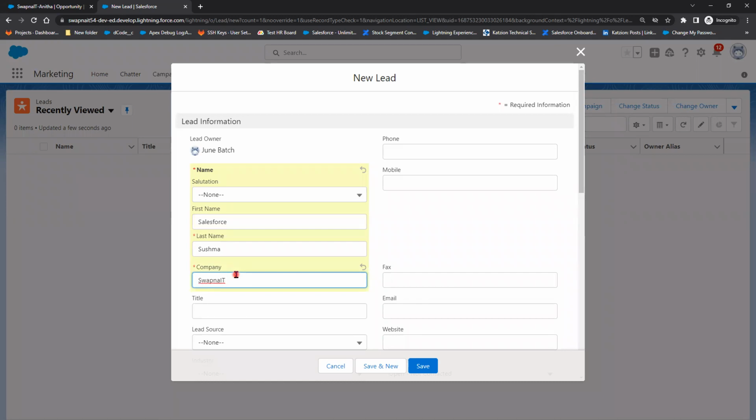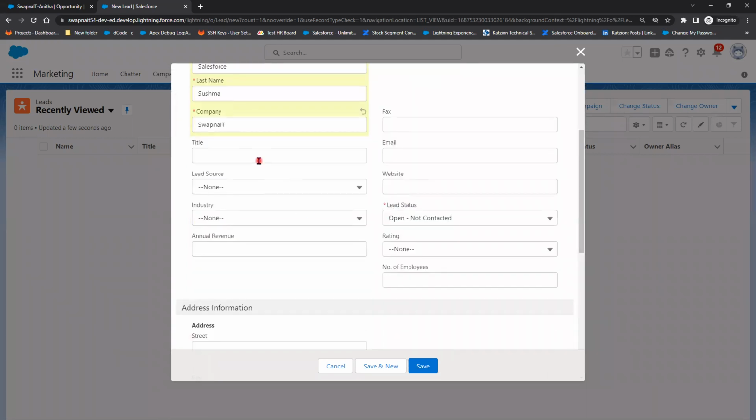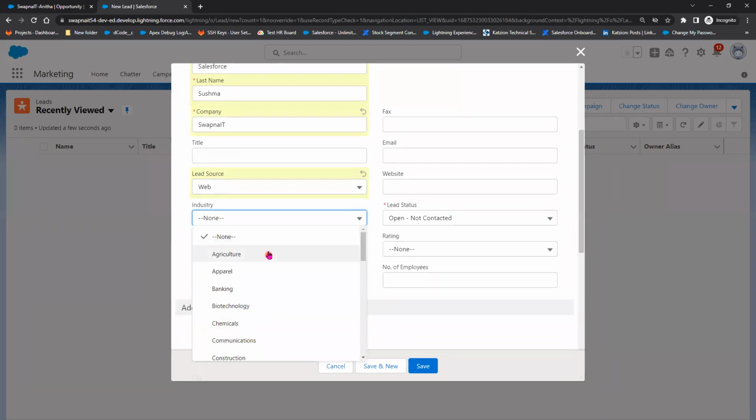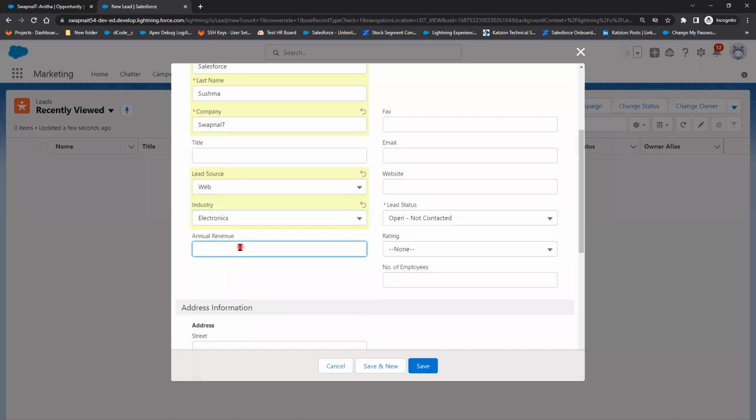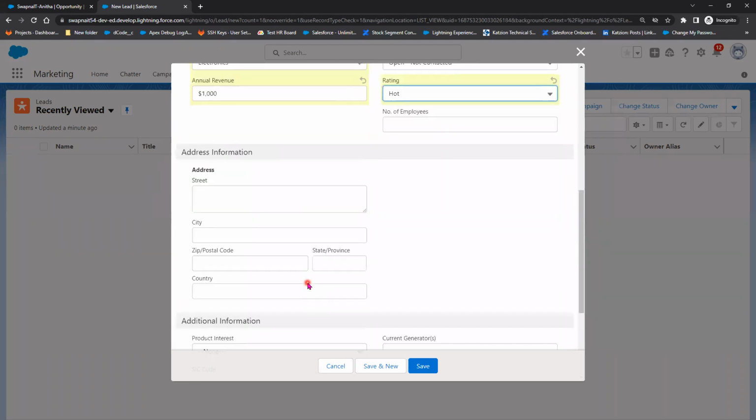Swapna IT, and let's say mobile number, we captured your mobile number. Lead source is through the web. Through the web, she registered there because she is interested to buy that particular product. Industry is related to, let's say, for example, electronics. And revenue, I'll say here $1,000. And lead status is not started, and rating is she is very interested to buy the product, and we will